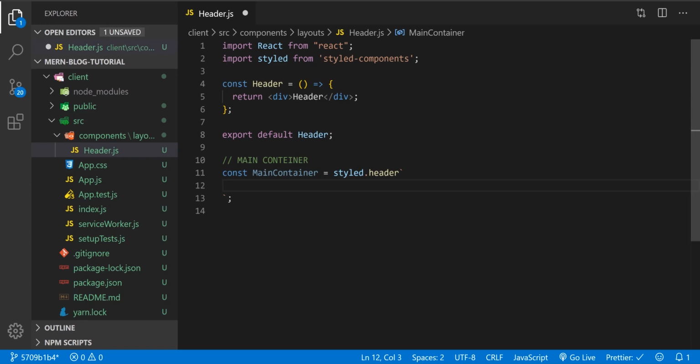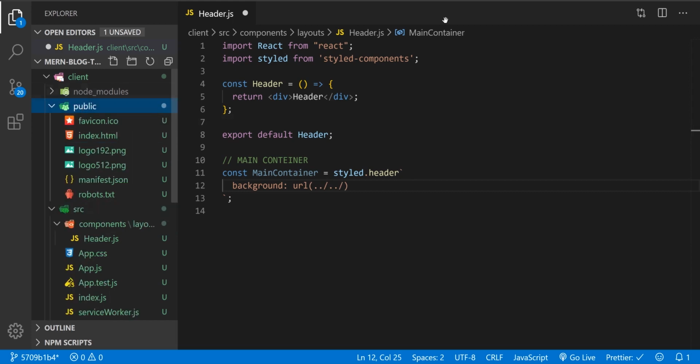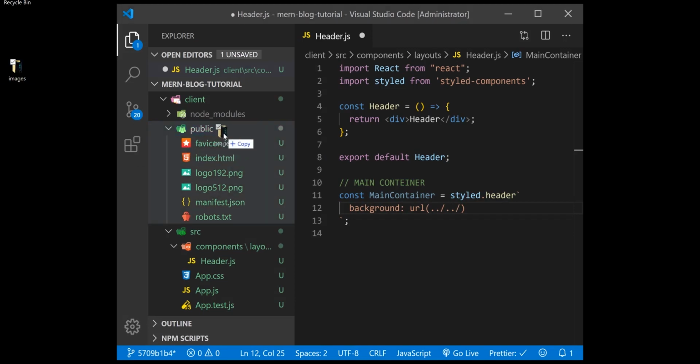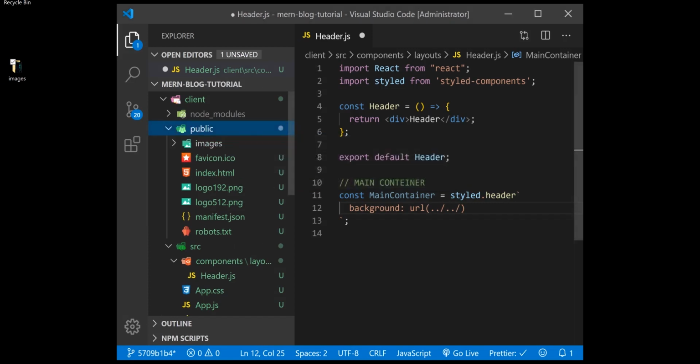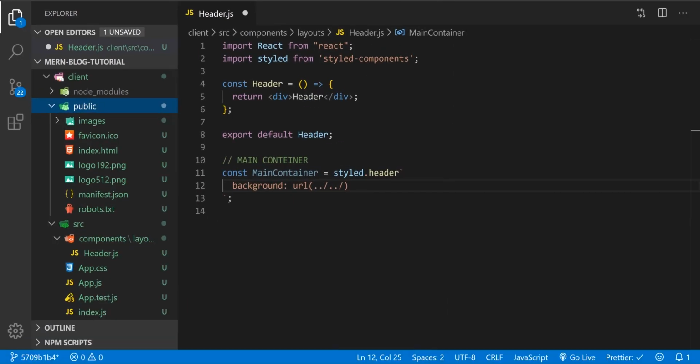So background, I'm gonna use url and two levels up, where we're gonna place it in the public. All right, so let me grab the images folder and I just put it in the public. Okay, add folder to workspace, copy folder. All right, so I'll copy it,